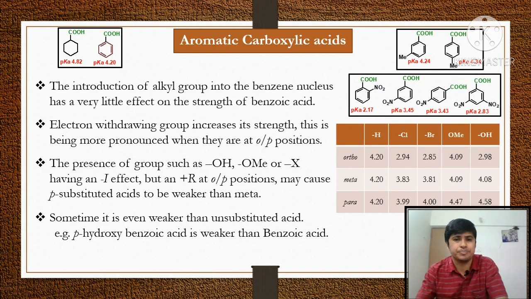Okay, hence benzoic acid is stronger than cyclohexane carboxylic acid. Now see, the introduction of an alkyl group into the benzene nucleus, like this here, has very little effect on the strength of benzoic acid. So when we have metamethyl benzoic acid and paramethyl benzoic acid, there is very little effect. They just slightly differ in pK value compared with benzoic acid. Okay, so benzoic acid having pK 4.87, paramethyl benzoic acid will have pK